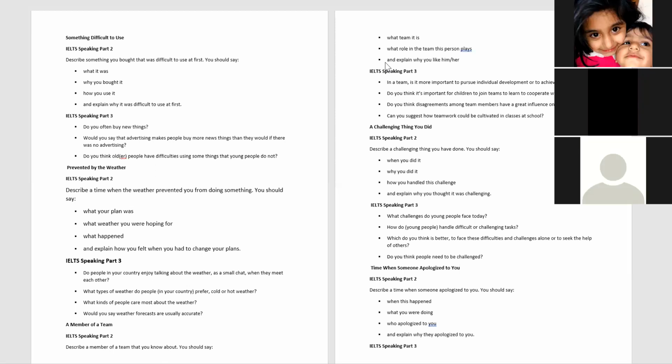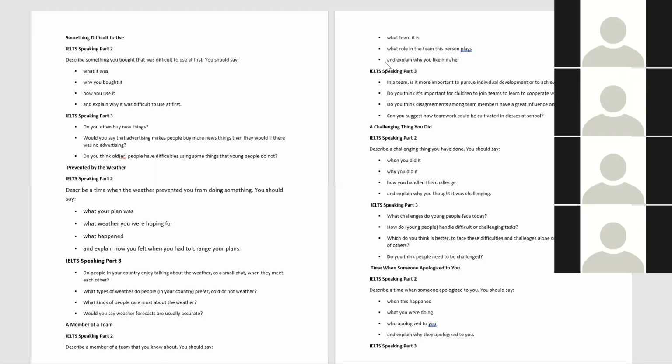What kind of people care most about the weather? The people who usually work outdoors, and have to stay outside even if the weather is hot or cold, to do their activities or everyday work. Probably these types of people, and also the farmers may be concerned about the weather. Mm-hmm. And construction workers. Okay.